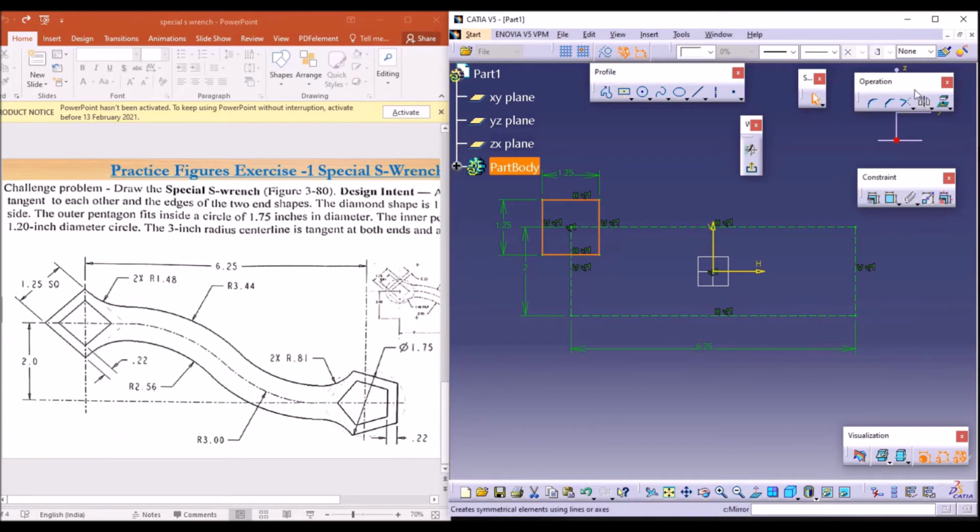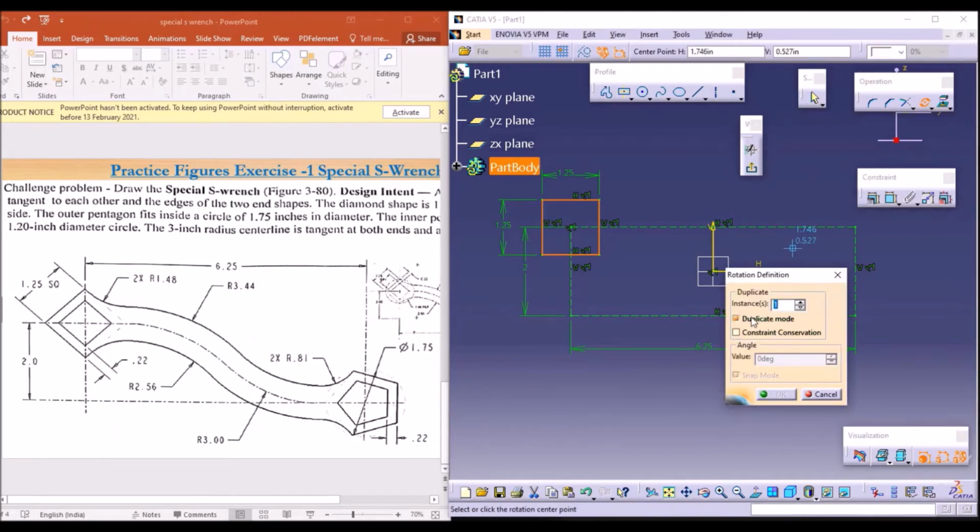Now I need to rotate this by using the rotate option. The rotate option will be in the operation toolbar, in this transformation features. So click on rotate. The instances are one only. Duplicate mode means we need to get only an original object. If we click on duplicate mode, the original object and rotated object will be displayed, but we need to display only the original object. So untick the duplicate object